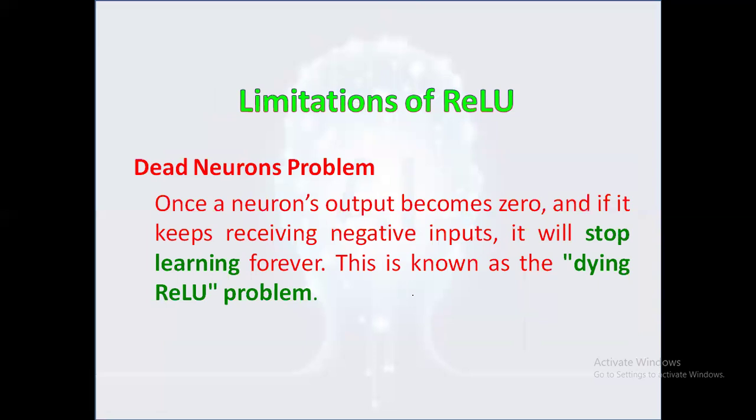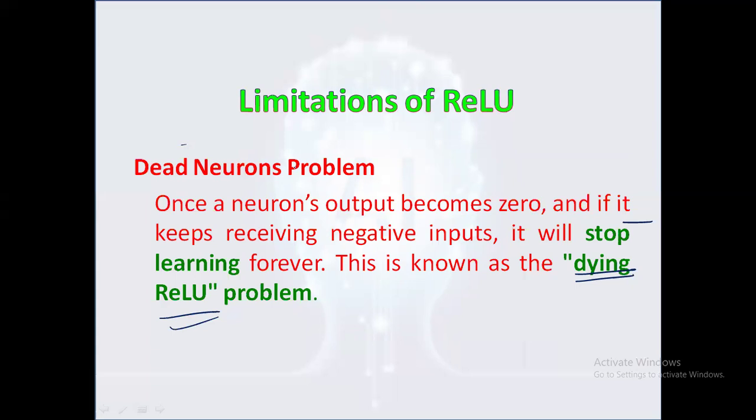Limitations of ReLU. Despite its many advantages, ReLU is not without flaws. One major limitation is the dying ReLU problem. A neuron is said to be dead if it consistently outputs 0 and stops updating during training. This occurs when the neuron gets trapped in the negative input range due to poor weight initialization or high learning